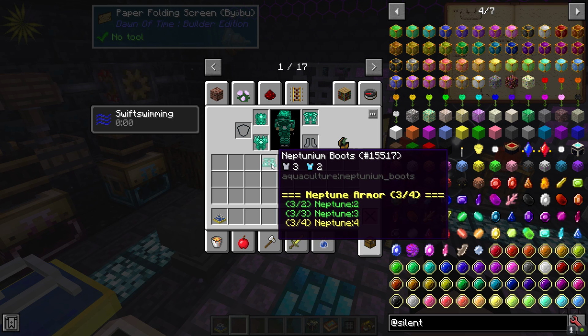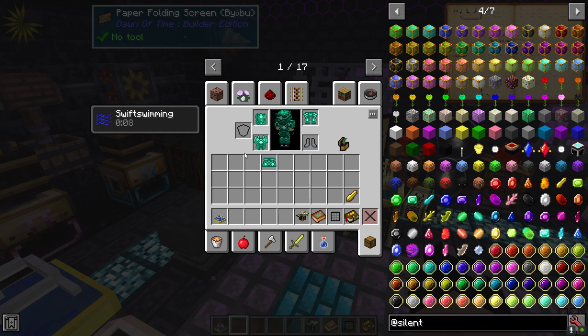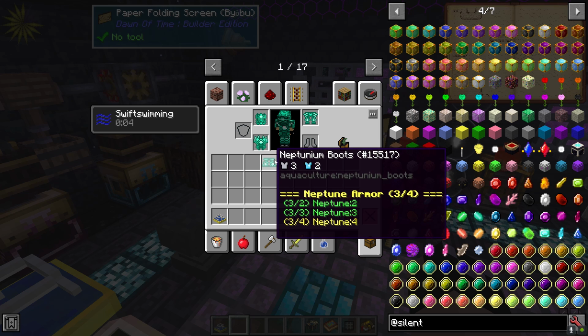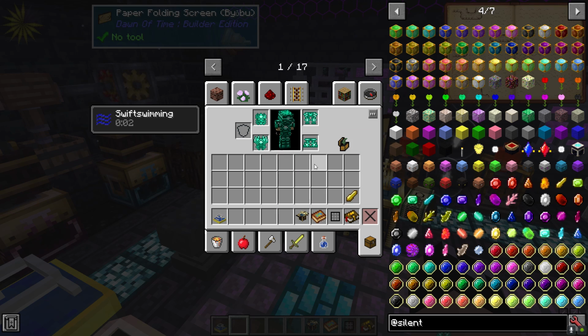This, like I said, was my first one that I had ever done, and some of my later ones I think are a little bit better, but this one needs to be updated a little bit. And then if we throw on the boots, then in addition we are going to get water breathing. So if you're wearing a full suit of Neptunian armor, you are going to have swift swimming and water breathing